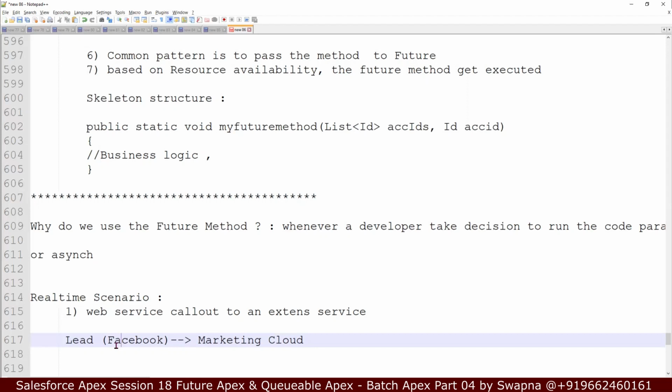We will call the Marketing Cloud and send the JSON structure to the Marketing Cloud, so that from there Marketing Cloud is going to take the time to send an email. So this will go on. This is one scenario. Another scenario is